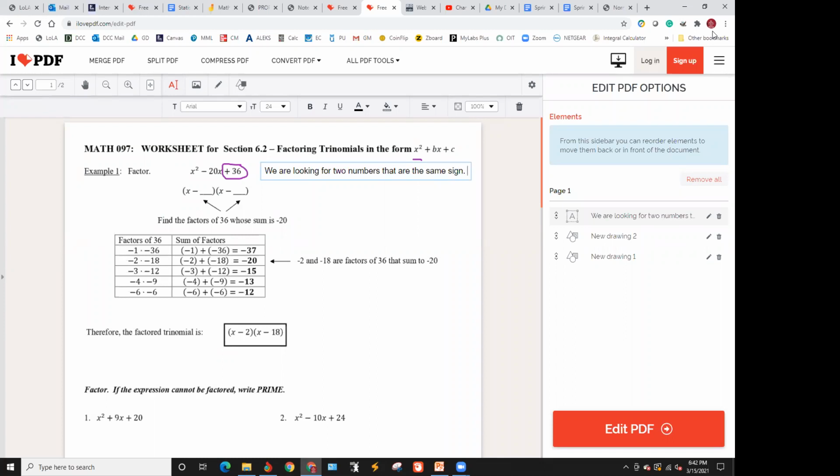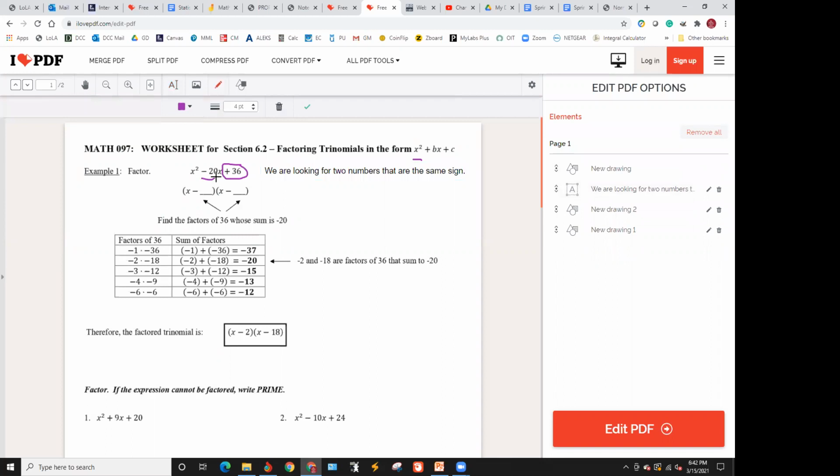All right, first of all, in order for this to be a positive 36, they've got to be the same sign. All right. Well, what sign is it going to be? Well, this part right here tells you what sign it's going to be. Whatever the sign there,